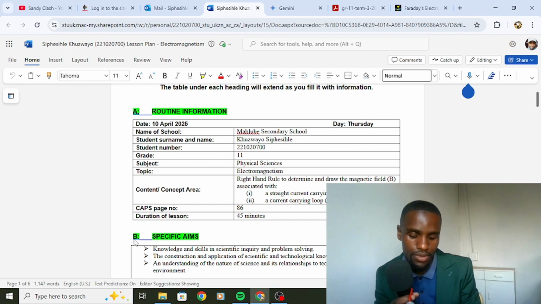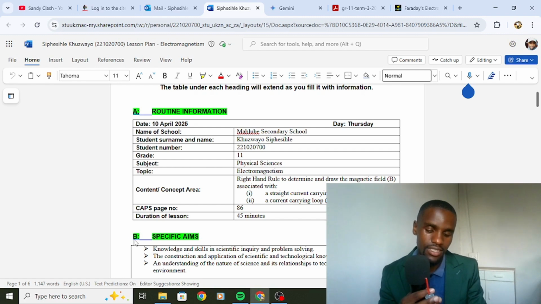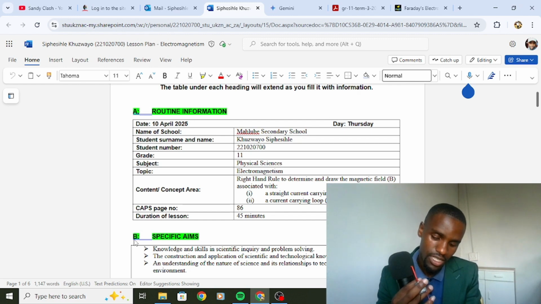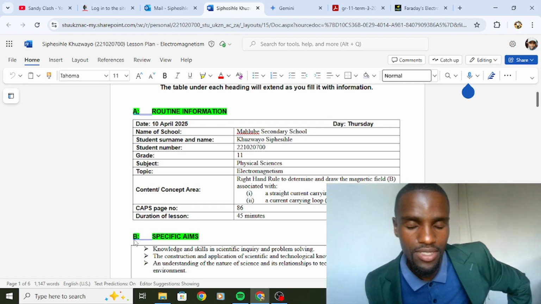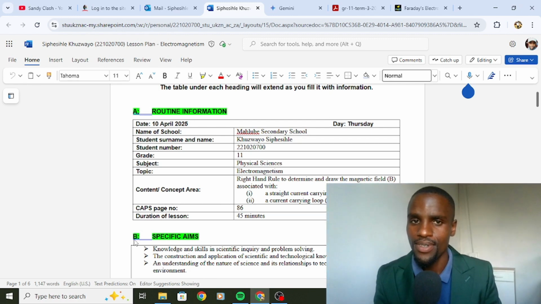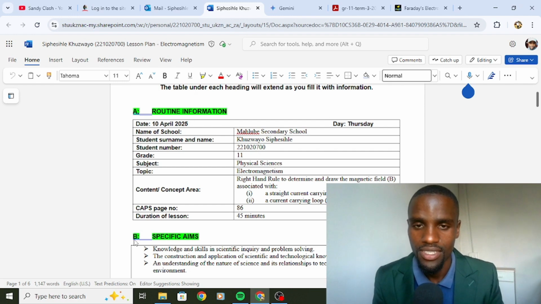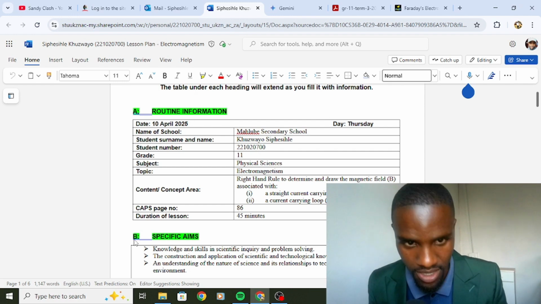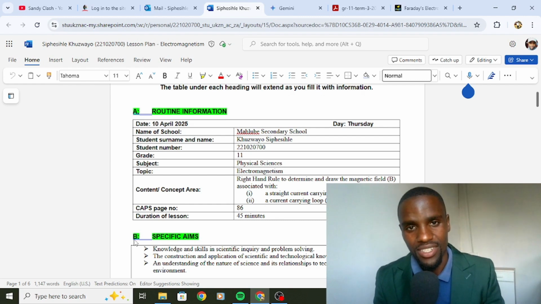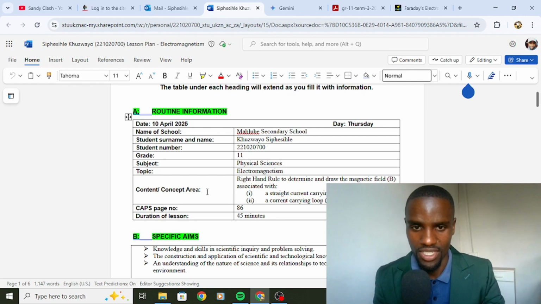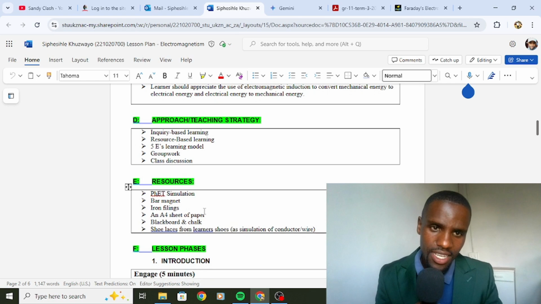So I ended up making it reverse and introducing the current, which has electrical potential energy, and I showed them that if you connect it, the motor will turn around. So those were the issues: resources and then the network. I had no access to a simulation, but I had hoped that it would get better. But during the lesson, you will see in the reflection that I did not use the simulation at the end of the day.